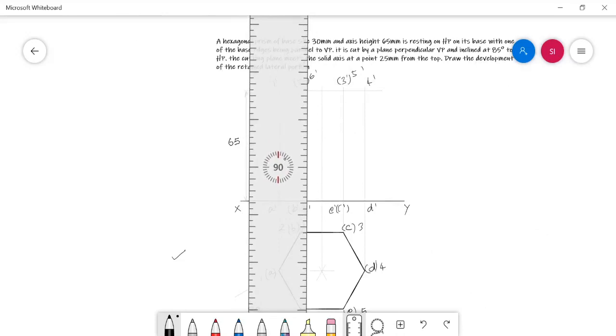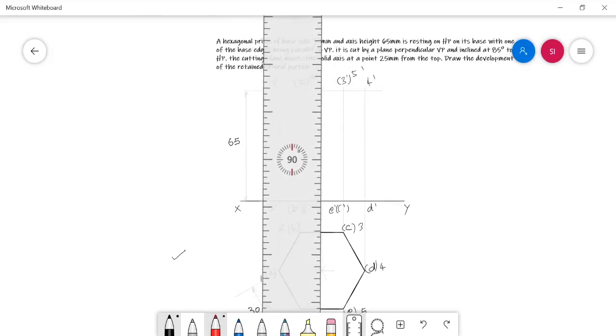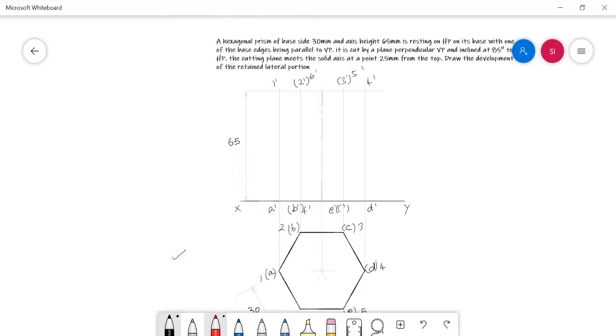And the axis line should be indicated with the proper line format. Now I have just completed the projection of the solid.